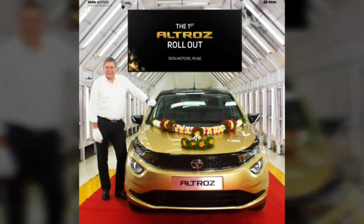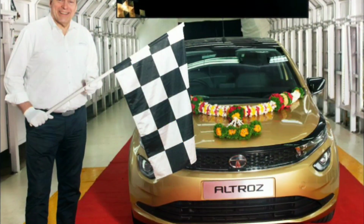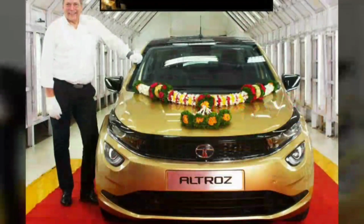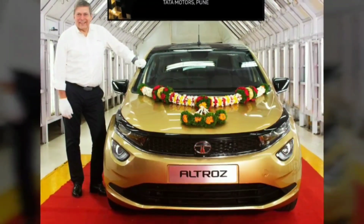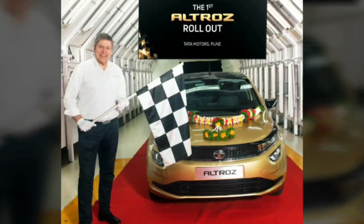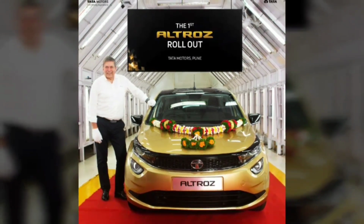These two images clearly hint at how the actual gold color will look in real life lighting conditions, and also give us an idea of the low and mean looking stance of the Tata Altroz's front fascia. The production spec Tata Altroz looks exactly similar to that of the Geneva edition car, and the most interesting detail